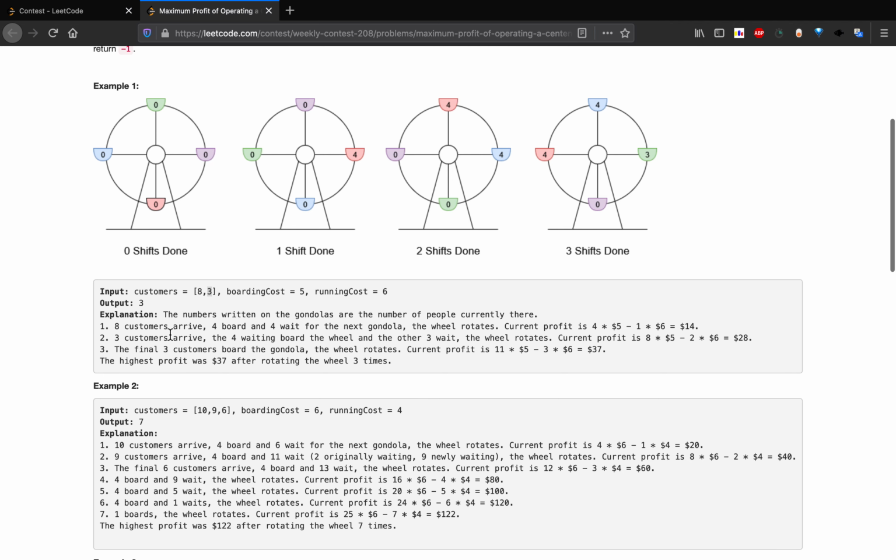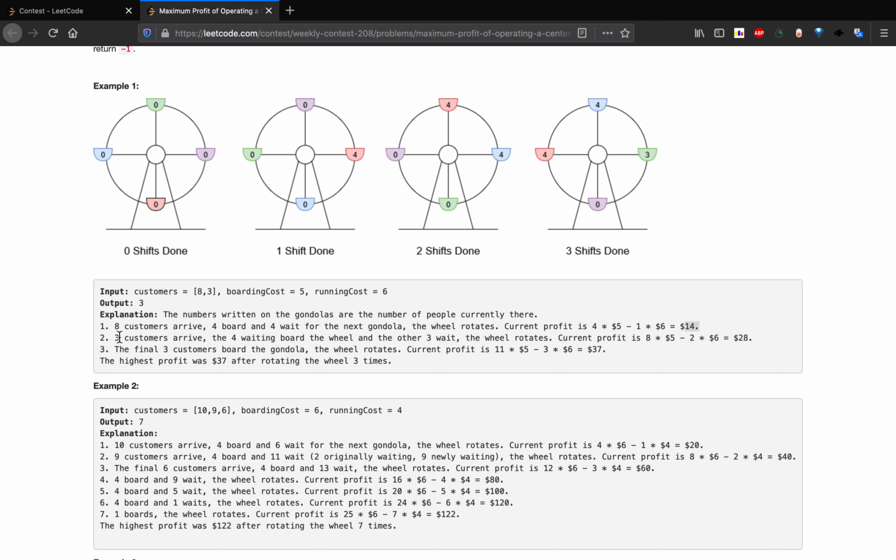So we have a total of 7 people who are waiting. In the first iteration we onboarded 4 people, 4 into $5, so it will be $20 for boarding cost, minus the running cost 6 into 1, which represents $14 profit.